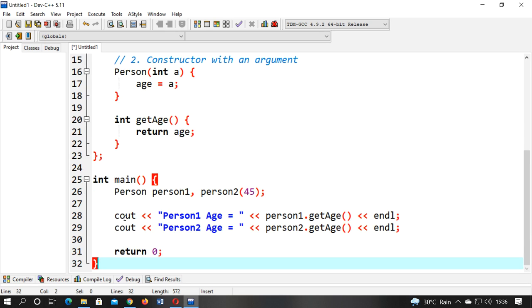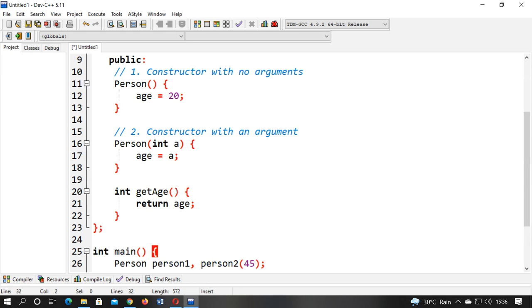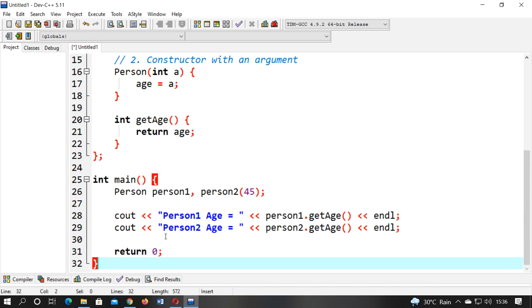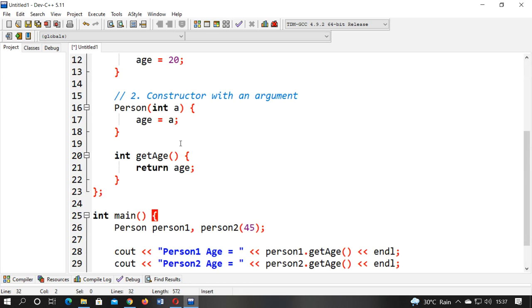So whenever I am going to print the person age value, by the dot operator we are going to call person dot get age, because it is a constructor and a constructor calls itself. So the person function will call itself. After that the value which is returned will be stored in the return variable, so that will be printed over here. So what will be the value that should be printed over here? That value is 20.